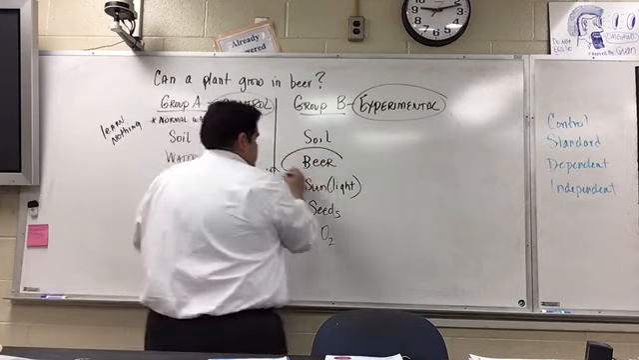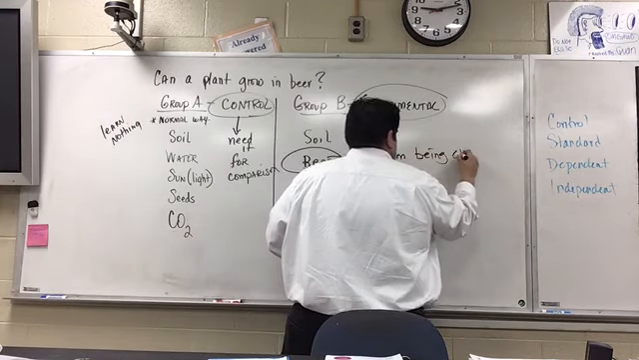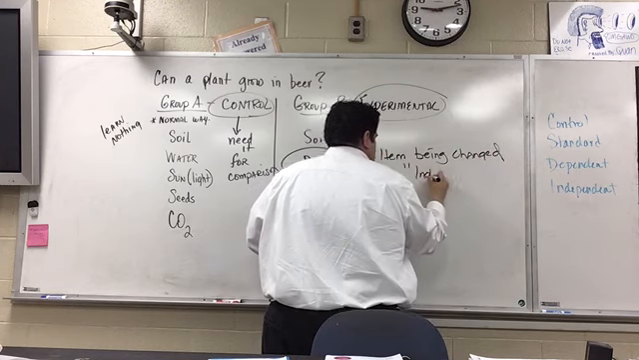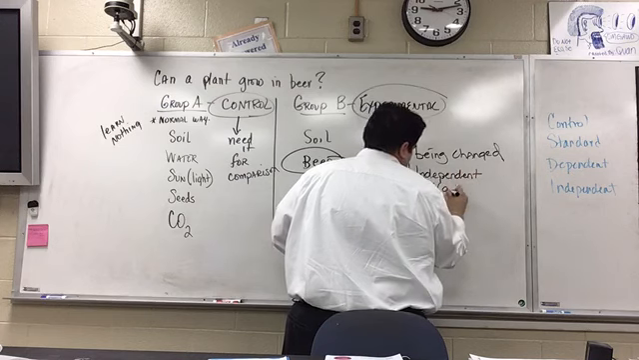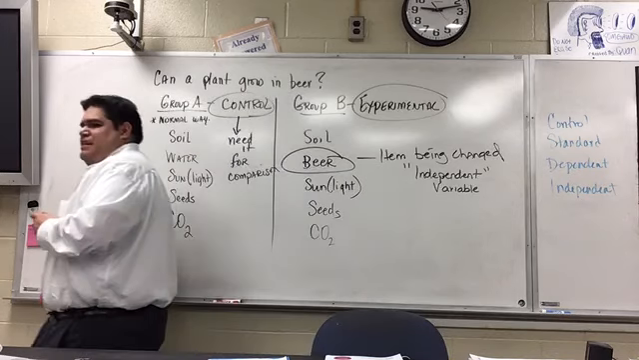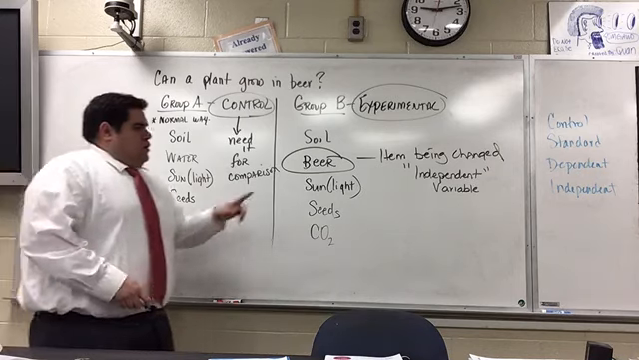Okay? Since this is the item being changed, this has a name. It's called the independent variable. Okay? Because that's the item being changed. So when the girls are trying the new jeans, the jeans were the independent variable. That's the thing they were changing. All right? And then